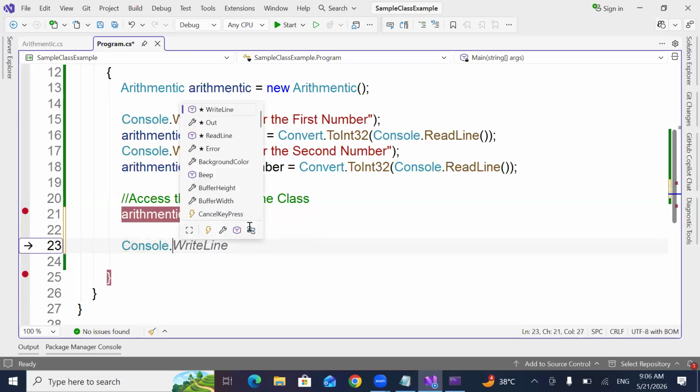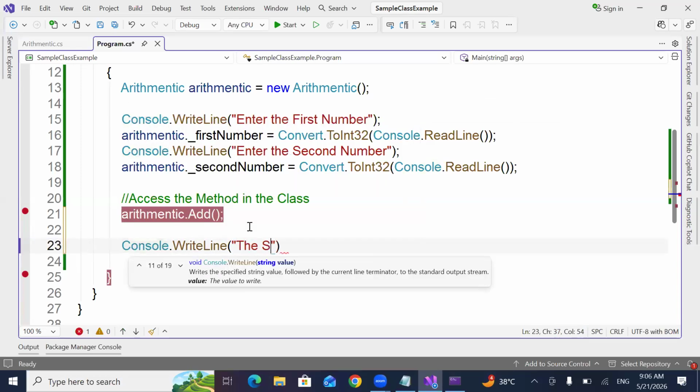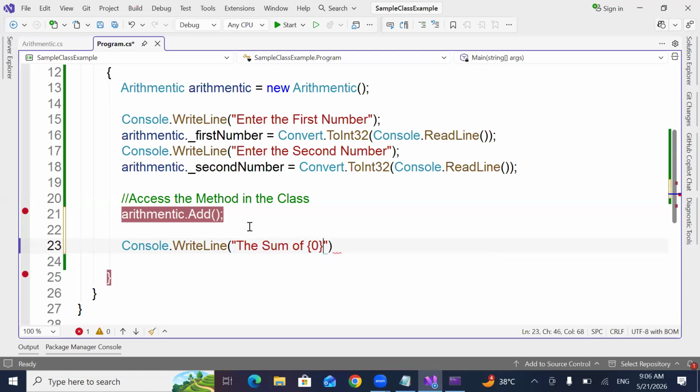Console dot write line, the sum of, comma, and the sum of 1 and 2, 20, whatever the user is giving, sum of, and result is,